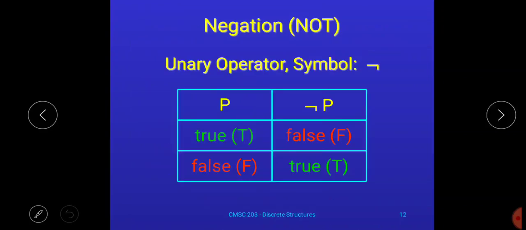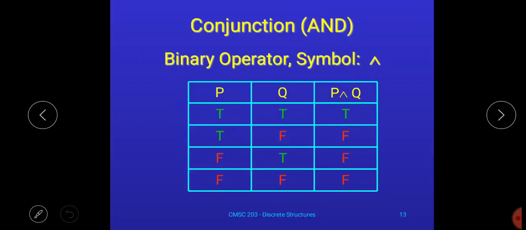In case of negation, what I said is negation is a unary logical connective, because it will apply only on one proposition, and this is its truth table. AND is also called conjunction, and it is a binary logical connective because it will apply on a minimum of two propositions, and if you are dealing with two propositions, then you have to write this type of combination: for the first one TTFF, for the second one TF. And to remember, in case of AND, if both are true, then only the output will be true, otherwise the output will be false. I hope you are getting this point.